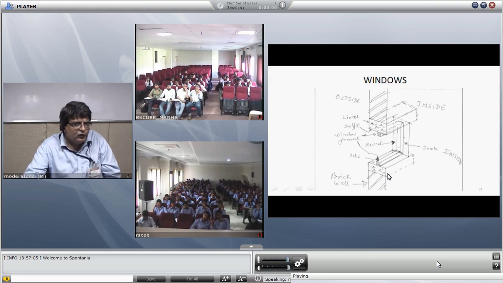The door used to have a sill. Nowadays, doors don't have sill. But the windows have a sill because the only brick masonry is not good to fix the frame upon. And also from the outside, when the rainwater comes, it should not leak into the wall through the brick masonry. Therefore, this RCC sill is provided. And